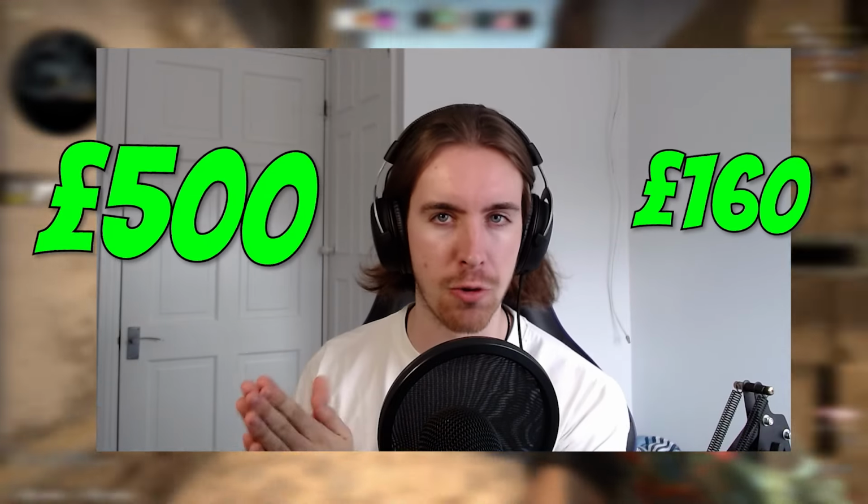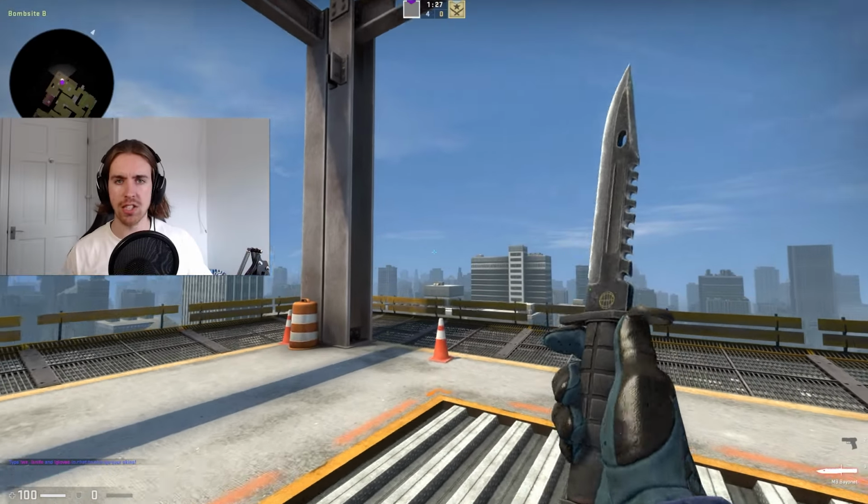In today's video I have 5 glove and knife combos for you in CSGO, starting as cheap as around £160, working our way up to about the £500 mark. I think that should mean we have something here for everyone watching this video, but if you're looking for something a little bit more expensive, drop a comment, and if enough of you want that, I'll make a video with more expensive combos. But with that out of the way, let's jump straight into it, starting at the cheaper end